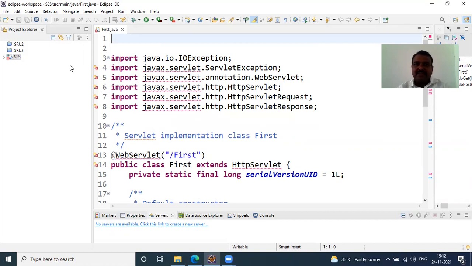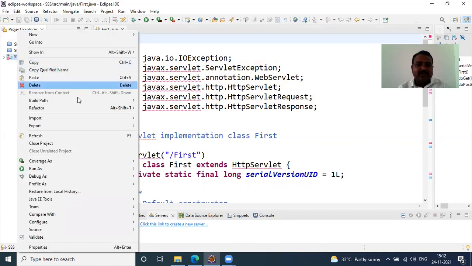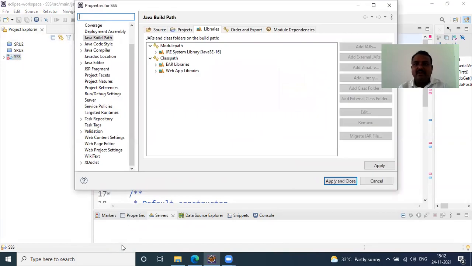I go to the SSS project, I right click on it, and we see the Properties option. There we find an option called Java Build Path, and we choose the module path. If I choose that one, Add External JARs can be viewed, and we can choose that option.